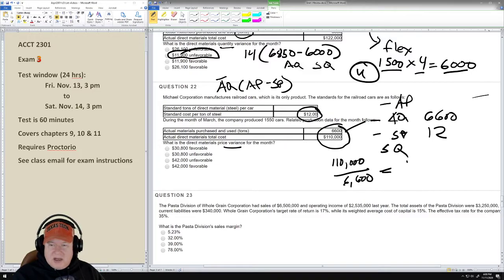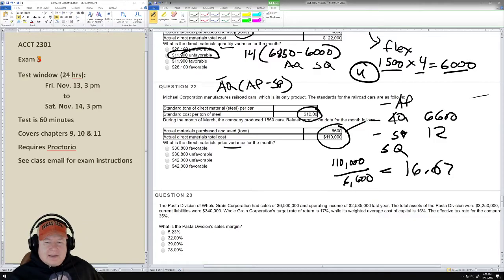It's a repeating number, which is strange, that's why I wanted to double check. So when we put it all together, we have the actual quantity, which is 6,600, times the actual price,